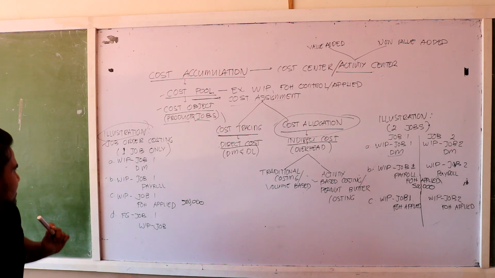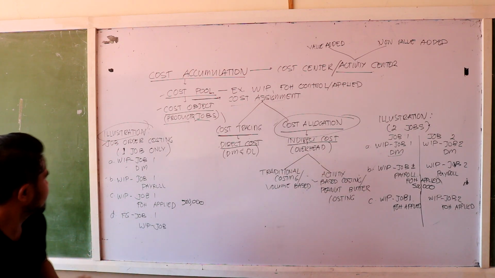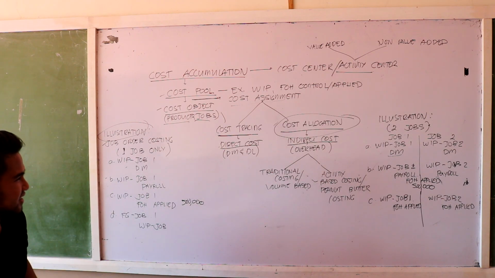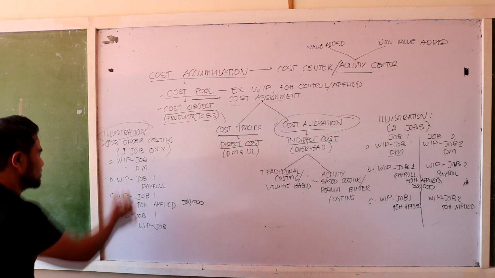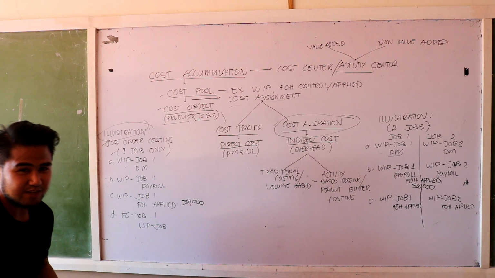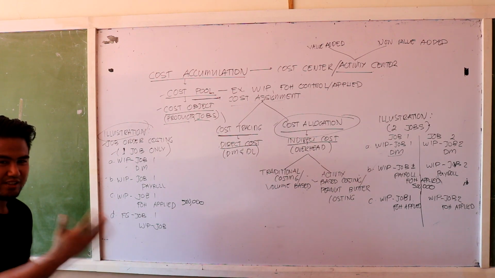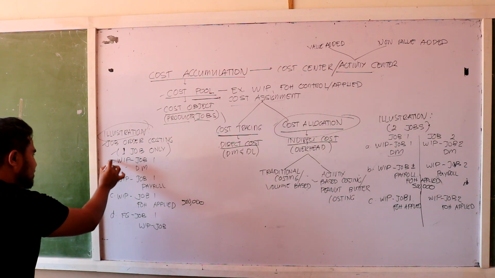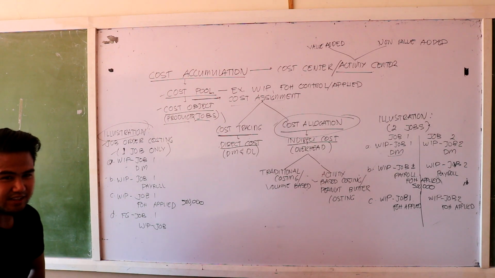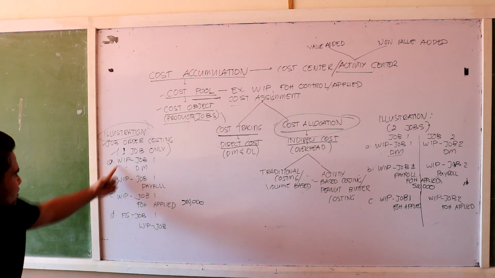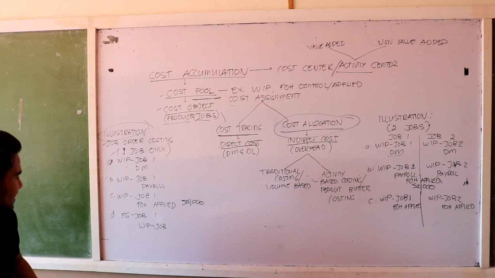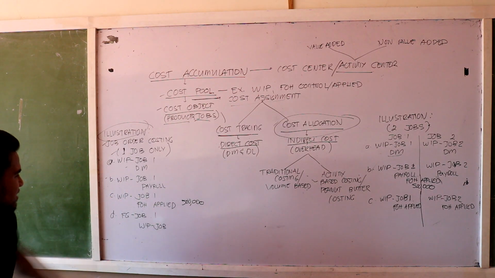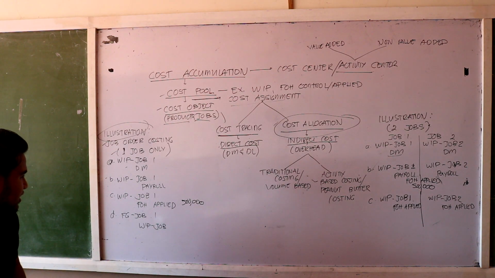So, yung na-discuss na lang sa ating cost accounting, job order costing. Sa first illustration guys, we will assume that there is only one job. So, balik po tayo sa entries regarding job order costing. Letter A, if we have incurred or we have processed direct materials. Entry would be work in process and direct material. Letter B, if we have incurred direct labor. Entry would be work in process, payroll. Siyempre guys,